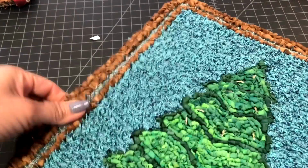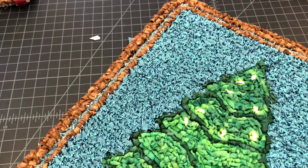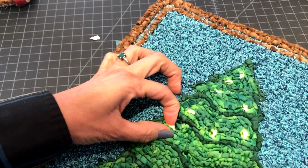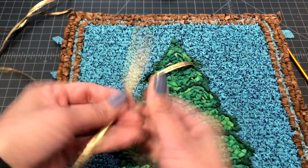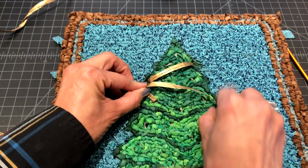To make sure that your LED lights are showing properly, you can turn them on and off to see if they're lighting up nicely and visible, and then use your fingers to adjust. This one looks like it should be moved a little lower, so use your fingers or the pliers to move them around. To add the gold garland, you're going to be adding it in section by section, and you cut